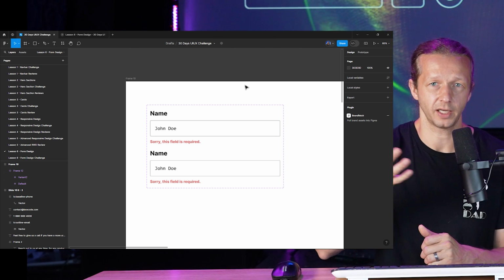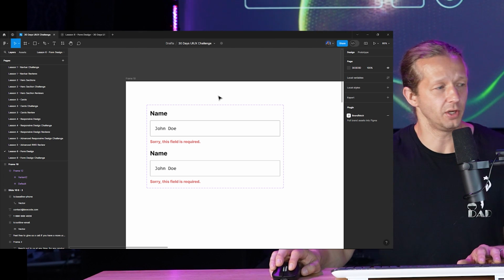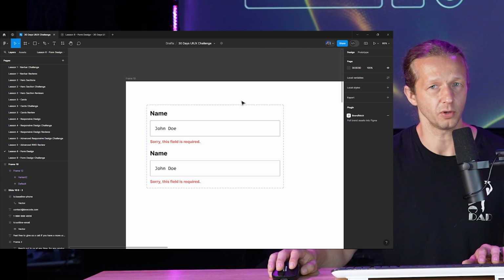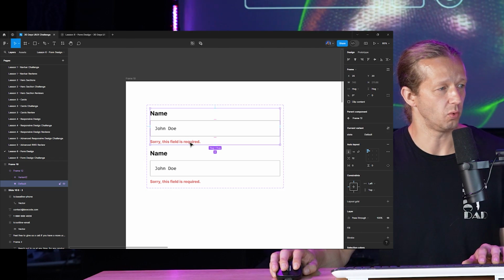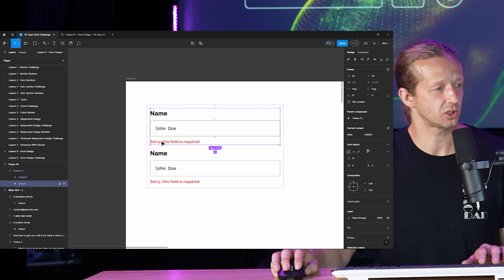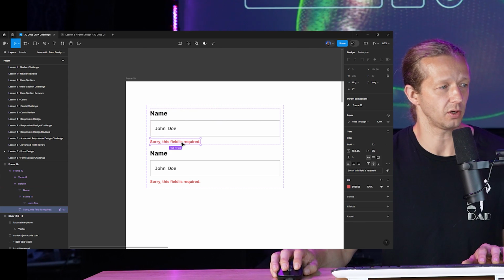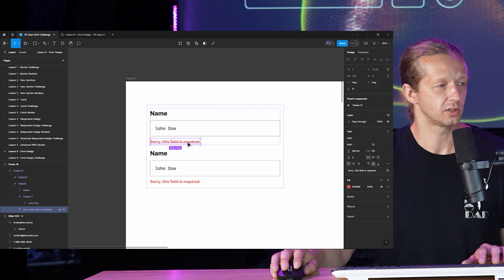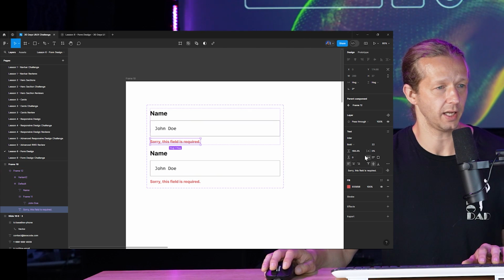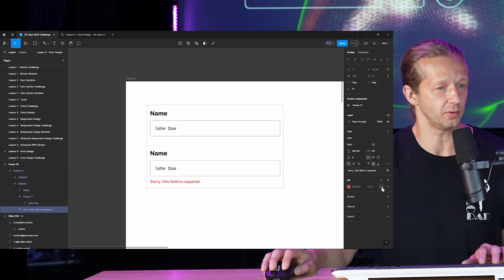And then there's an error state as well. So these are things that you want to design for if you want to be as comprehensive as possible. So the first state down here, we don't need this, sorry, this field is required for the default state. That's only going to be visible on the error state. So I'm going to take it with it selected, and I'm just going to hide the visibility right down here